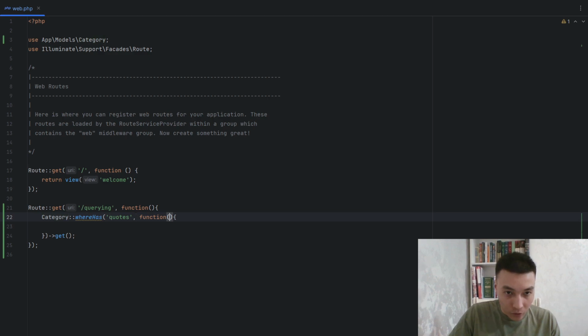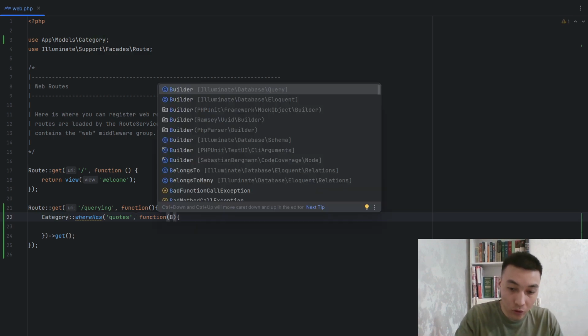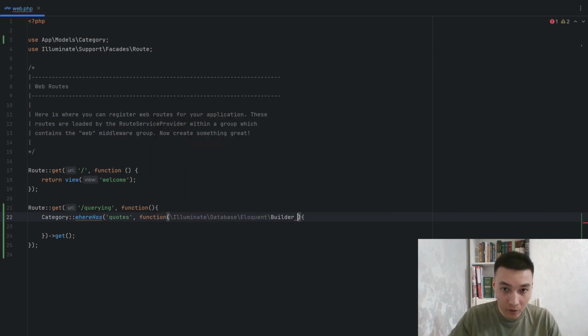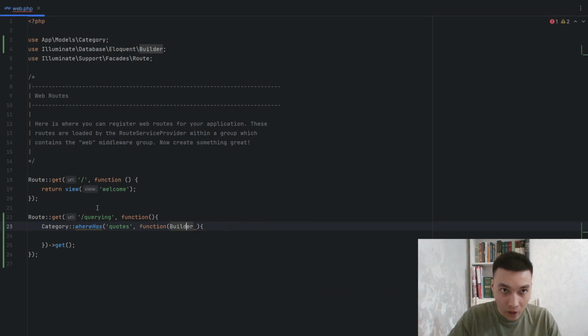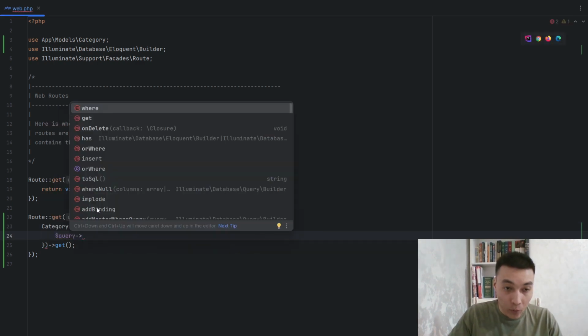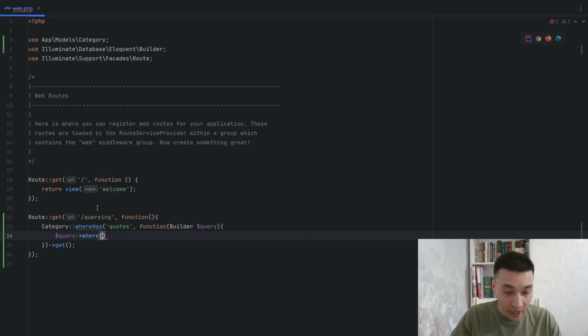So as an argument of our function, we will use the Builder class. This one, and again to the top, and query. So here with this query, we can make some logic inside this callback function, some specific conditions. So we will use here where, I think where text, like